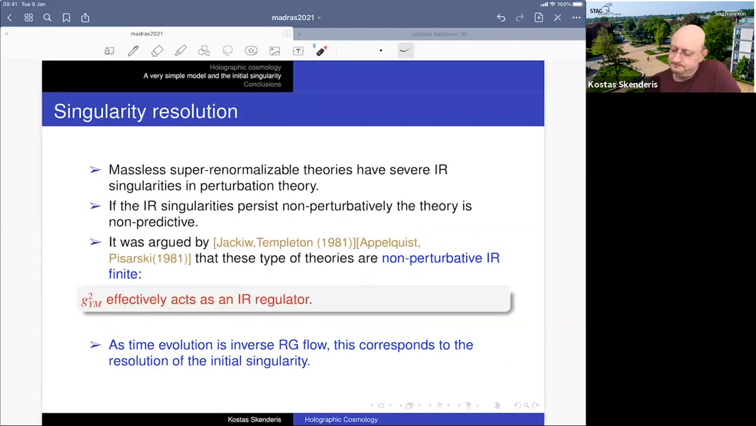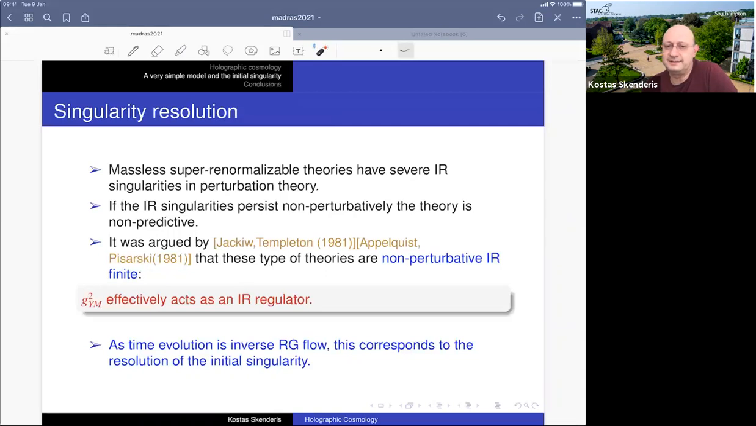Okay, so now let me quickly run through this argument. If you have massless supernormalizable quantum field theories, these have severe infrared singularities in perturbation theory. And this was known for a very long time. It is what I described in answering a previous question, because the theory has good behavior in the UV. The same power counting that says that the theory is asymptotically free says exactly that the